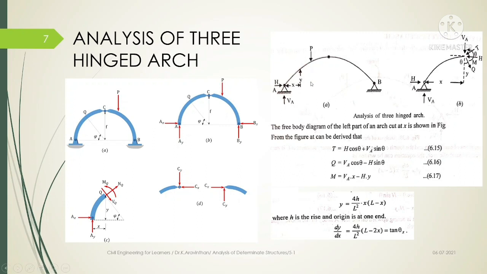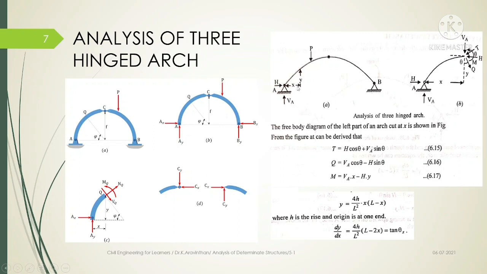So for this P, what will be the horizontal as well as the vertical distance? You can find it by using this formula. If you want to find Y, you have to use this formula, that is 4h by L square into x into L minus x, where L is the total length of the span. So the horizontal length between A and B is known as the capital L, and H here is the distance from the crown to the imaginary line which is drawn between A and B, where the point touches the crown, and H is taken at the crown. X is the distance.